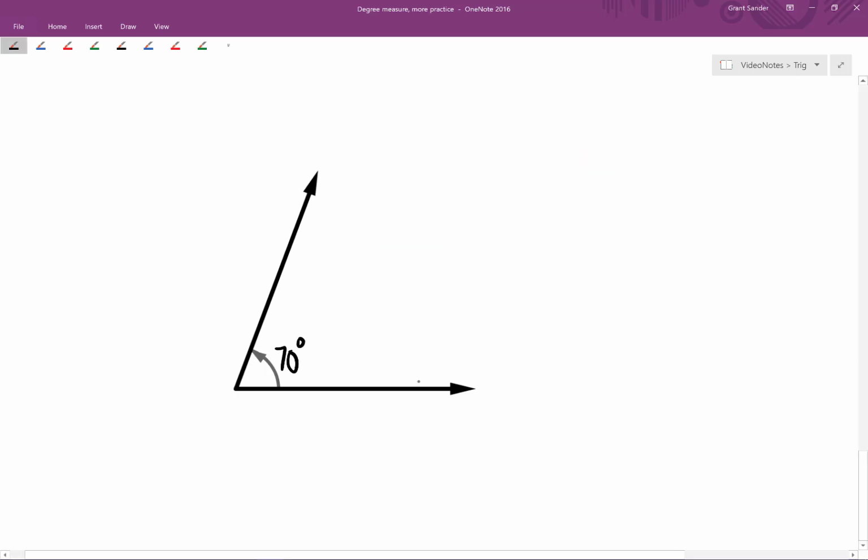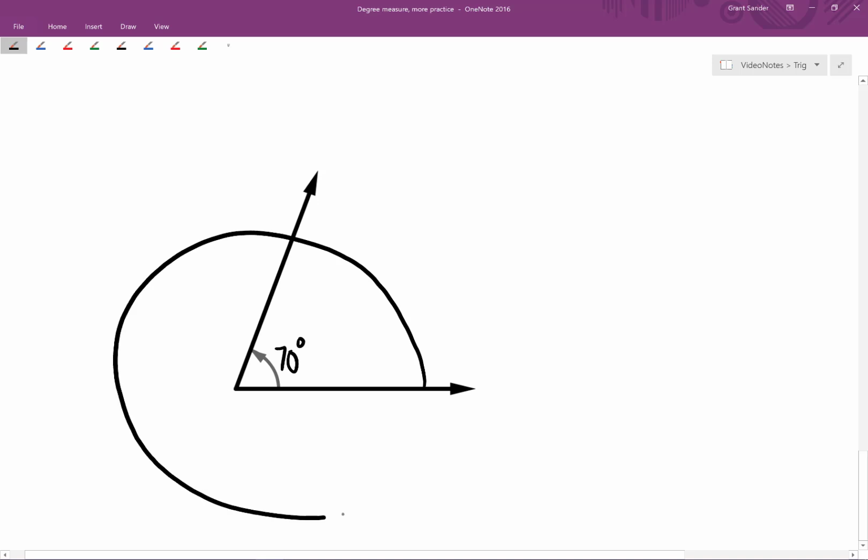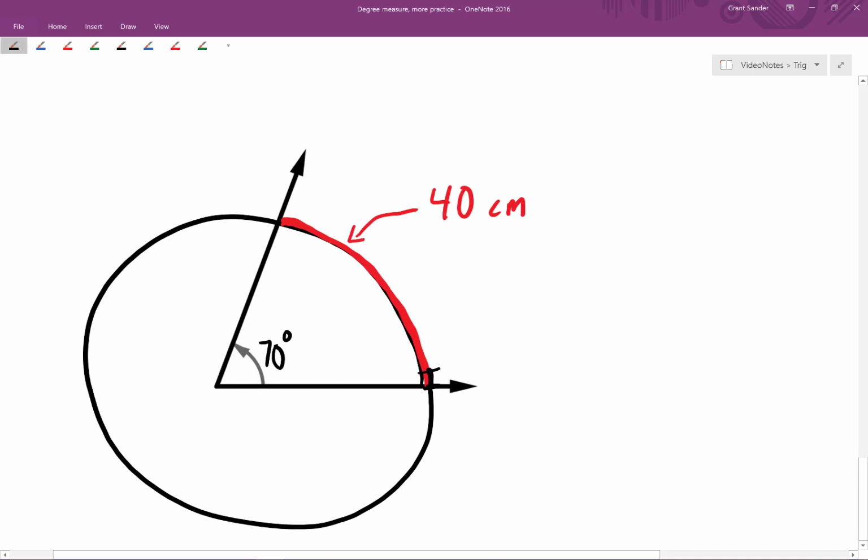So again, we have the same angle here. I'll draw a circle centered at the vertex of the angle, and we're looking at the arc subtended by the angle's rays. So let's assume that this arc subtended by the angle's rays is 40 centimeters long. Then let's think about how long 1/360th of the circumference is. So if this little black arc down here represented 1/360th of the circumference, then we know the red arc subtended by the angle's rays must be 70 times as long as that small little unit down there,